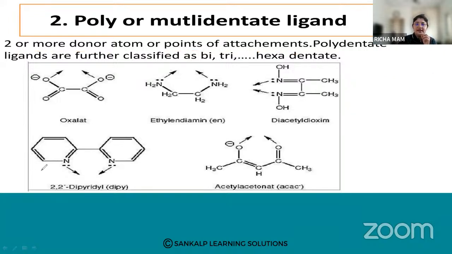A ligand which is bonded to a metal atom through two or more donor atoms is called polydentate. Now, how are these further classified? They are classified as bidentate ligands,